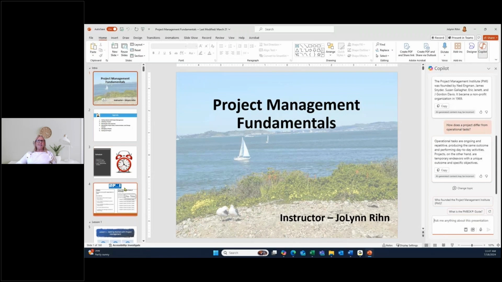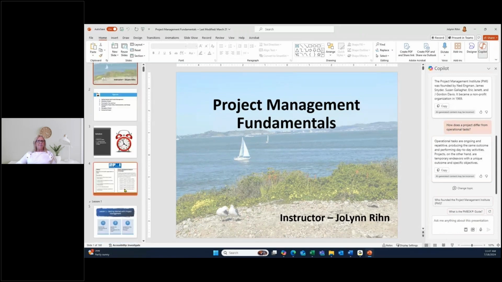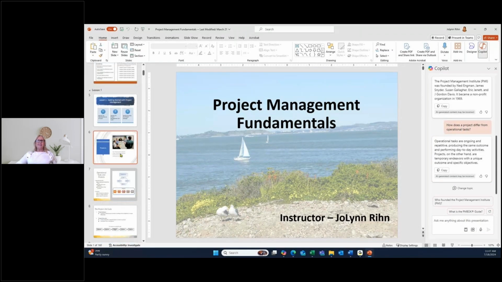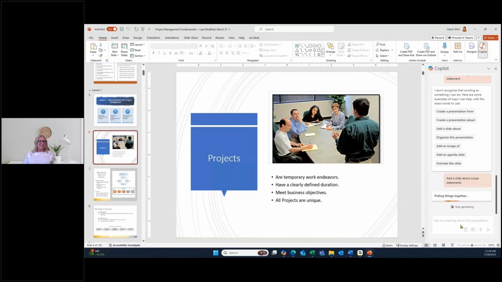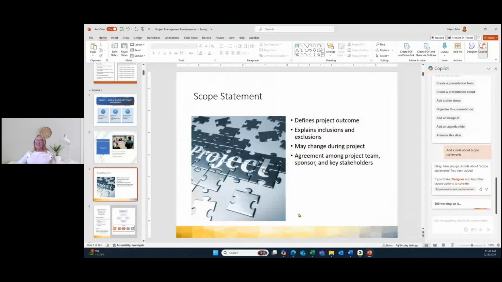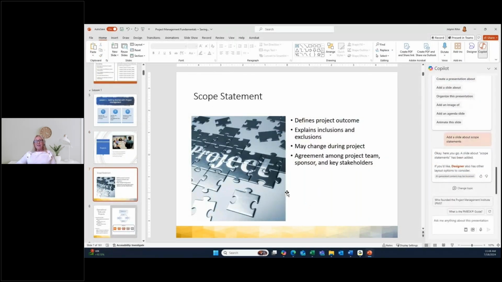But what if I wanted to add in a new slide? I'm going to actually go to an existing slide and I'm going to tell it create a new slide with the topic of creating a scope statement. So it's automatically pulling things together based on the topic of scope statements. It will automatically insert a new slide, but here it automatically gave me a new slide and it automatically included